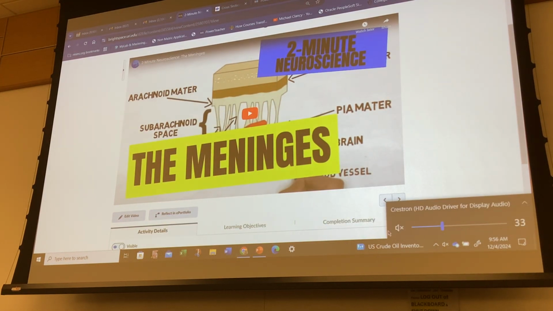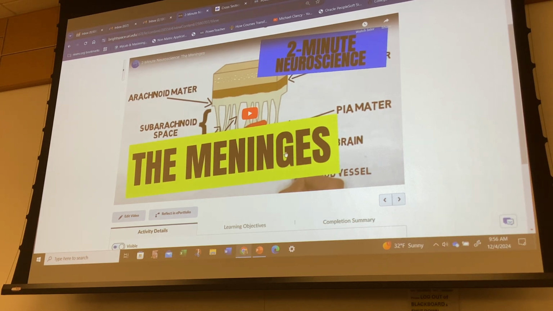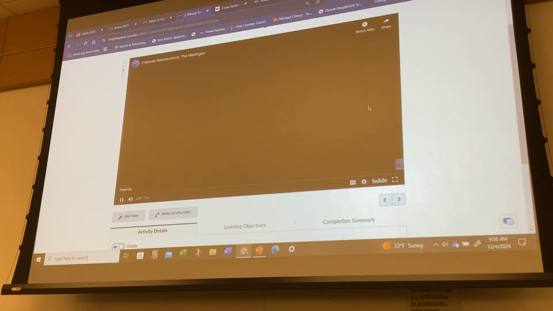So the first thing is the distinction between the differences between the meninges in the context of the spinal cord